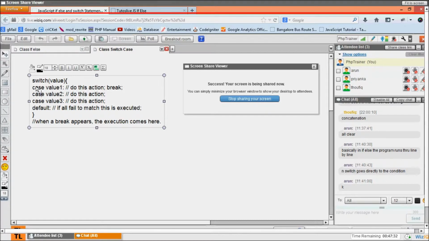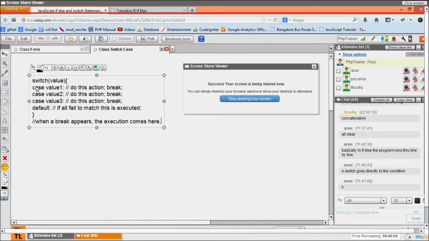But in case of the case values, you have to use break to stop the execution whenever the correct value is found. There is no need for any break on default because default is the last statement. So if it goes to default, it stops there automatically. But if a value is found, then we have to manually terminate it. It does not terminate by itself. So that's the reason we have to use a break here. So remember, it's not just switch case, it's switch case break default.